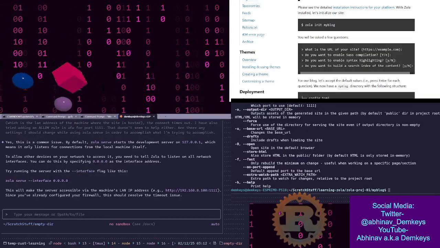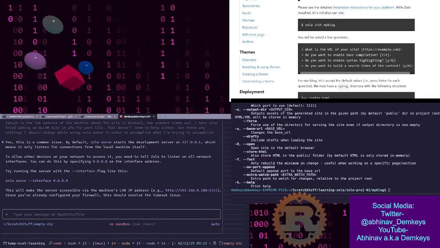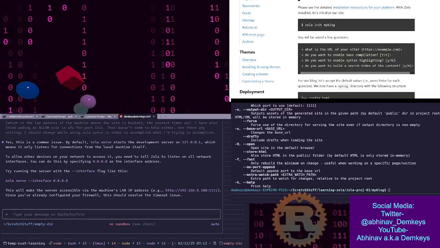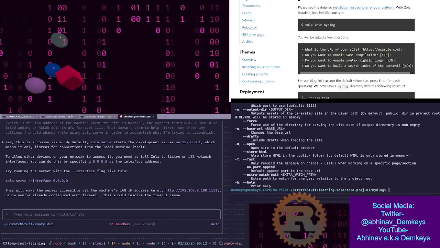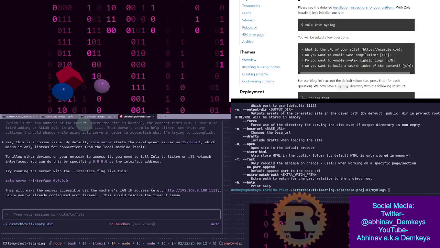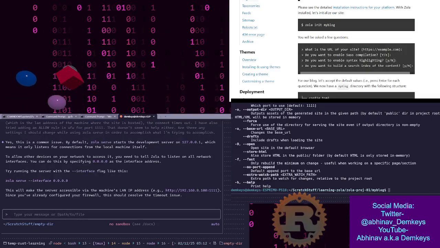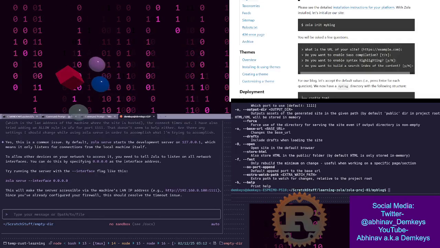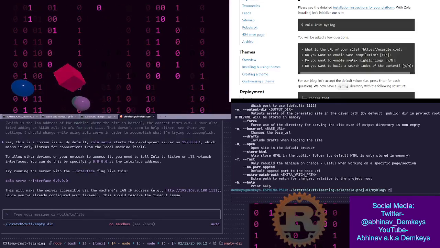I also don't remember if I have something running on that port. No, I think the server probably wouldn't have been able to start if there was something running on that port, either trying to listen on that port or trying to send to that port. Okay, zola serve